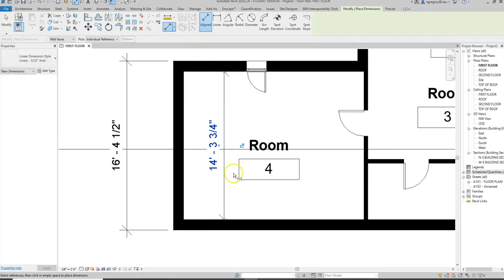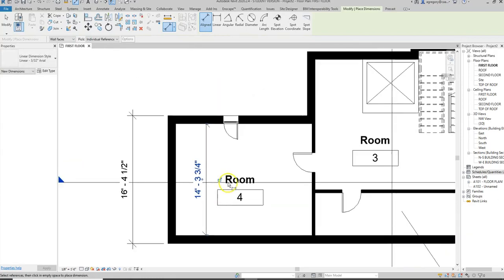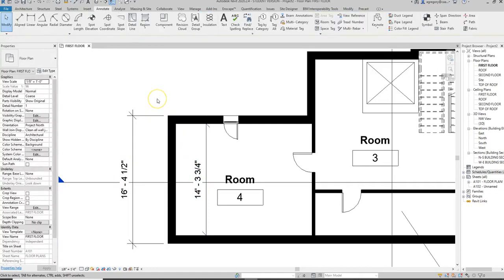and then I click on the interior surface of the wall on either side and place that dimension. Another thing that you'll notice is that it defaulted to 4.5 inches and 3 3/4 of an inch. We typically do not get down into fractions of inches when we're doing overall dimensioning for floor plans and elevations. We only do that when we're getting into more detailed and zoomed in drawings like wall sections and